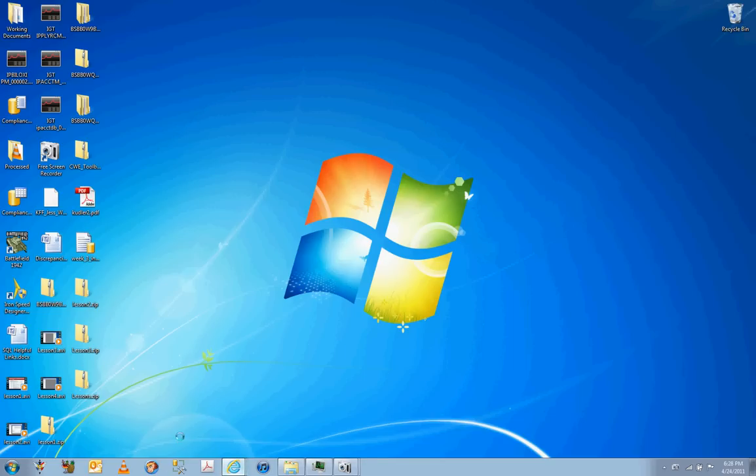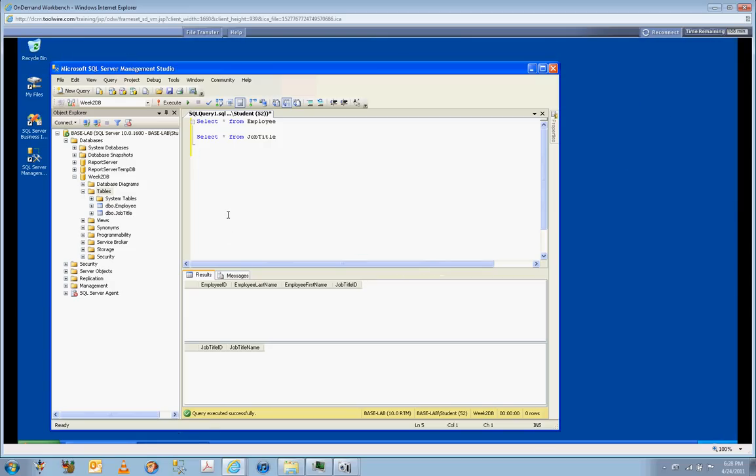Welcome back. We'll now connect to the database system, back off where we left off at in our virtual environment, week 2 DB, my two tables. As you can see right now, none of my tables have records,